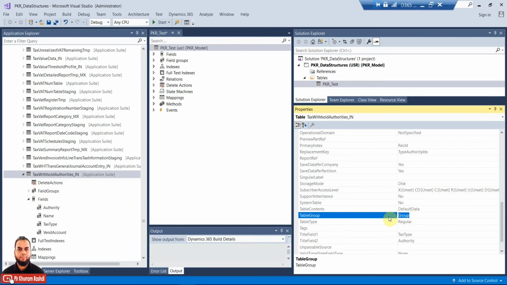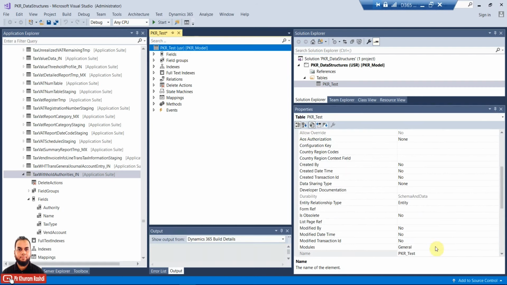That is a group of vendor or customer, or if you create any other feature, there can be a list of information like a vendor or customer, and then a grouping of that list. That grouping, which is holding only common values and only a few fields, can have the table group property of group. Then there is another table group kind. Let me show you.